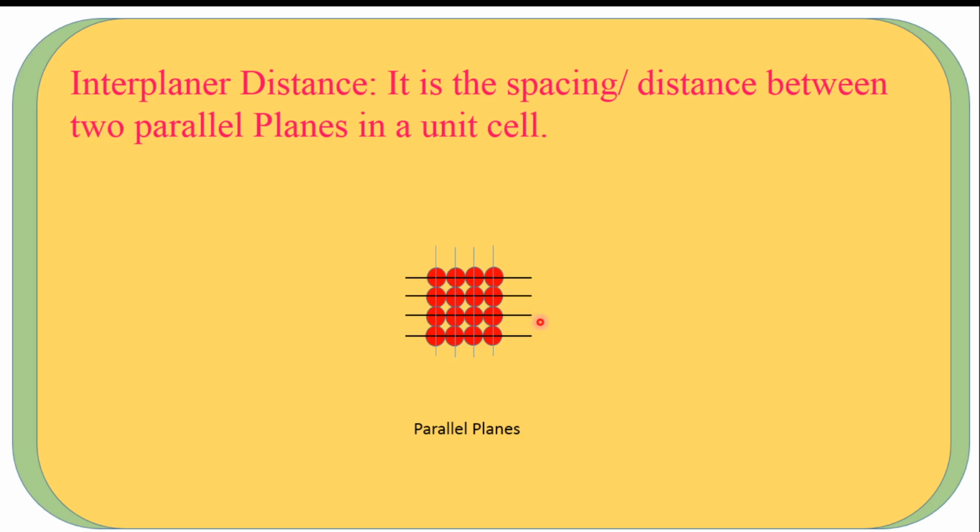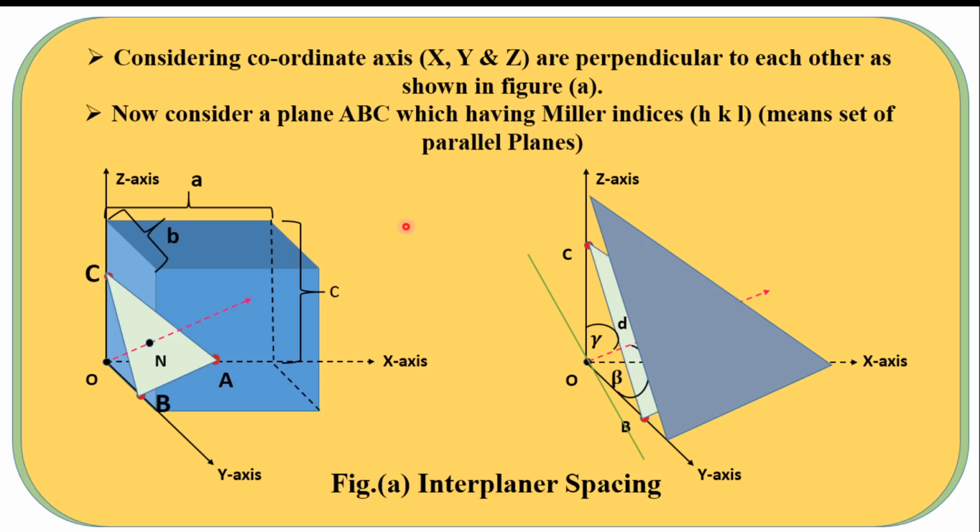Suppose we consider parallel planes in a vertical way; the interplanar distance is the same for all of them. We can consider a plane in any way, and as long as the interplanar distance is the same, they are parallel to each other. Suppose we consider a plane in an oblique way; the interplanar distance is the same for each. So we can consider the plane in any way.